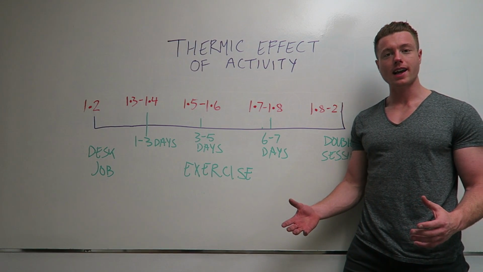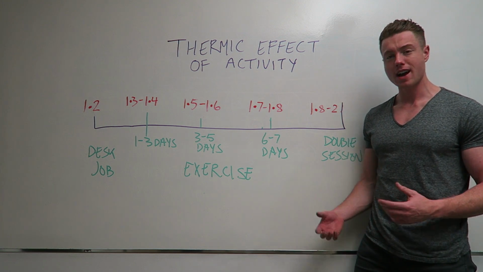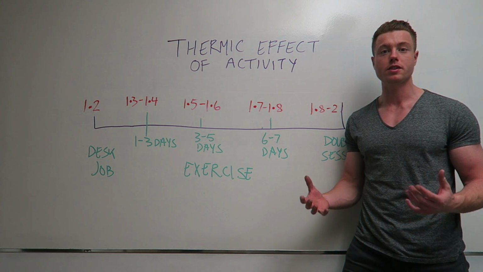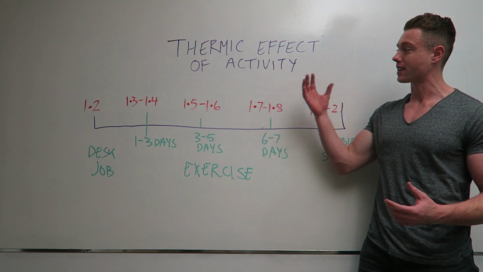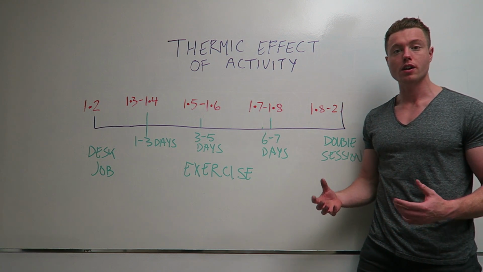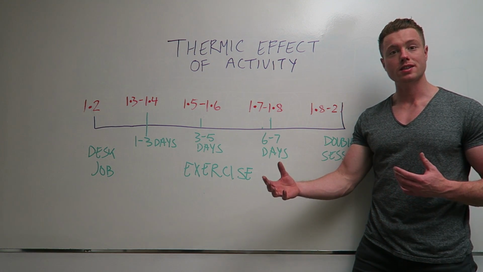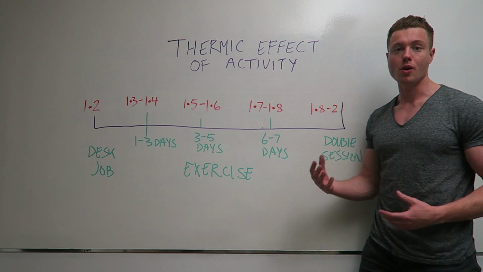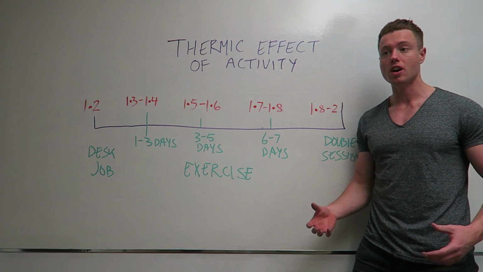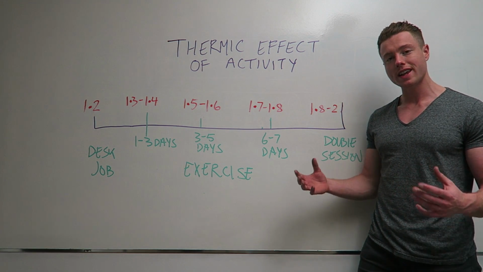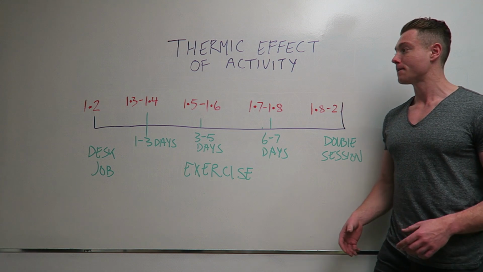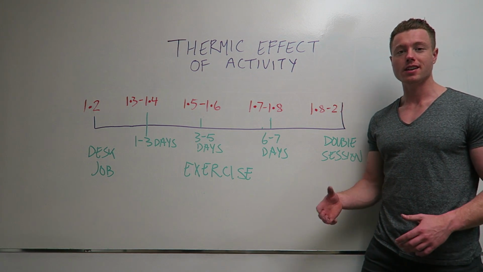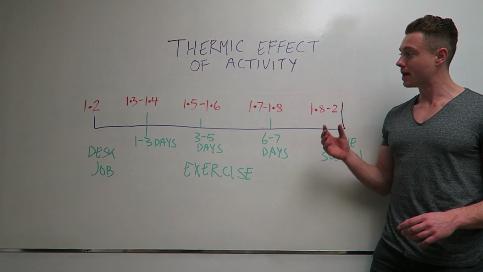So now that we calculated our BMR, we got to calculate how many calories we actually burn from activity throughout the day. So the thermic effect of activity is calories burned from exercise, or just activity, just your everyday job, or just walking around. So it's all the activity that you do throughout the day. So this is where you got to use your head, and you got to use a bit of intuition. You got to pick